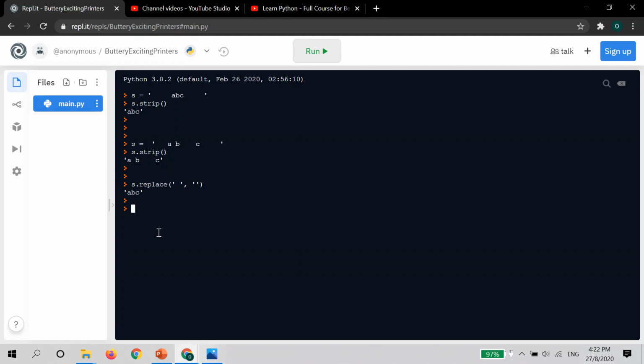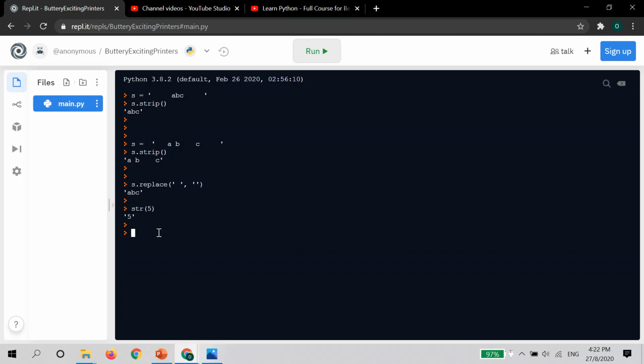So now we have learned data type numbers, like int, float, as well as data type string. So now let's look at how we convert number into string and how we convert string into number. First of all, let's say we have a number 5. We want to convert it into a string. All we need to do is str of 5. So now the number 5 is converted to string 5.